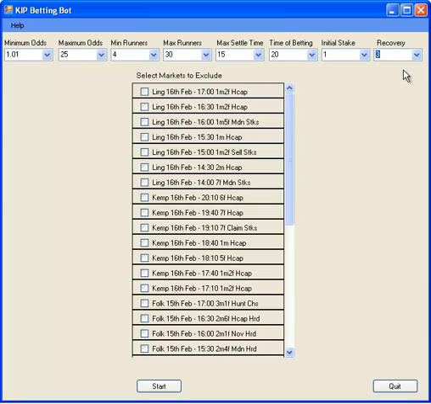If you set this to 3, then it will go on to the next race as well and try to recover both those losses in the next race. If that's not successful, then that will be the end of the sequence and it will revert back to an initial stake of 1. If you're using the 3-step recovery, we're recommending a bank of 1,000 points, and this is more than enough to cover any situation that we've seen over the past 4 years of data that we've tested with this system. So those are your settings. Once you're ready to proceed, you just click the start button,